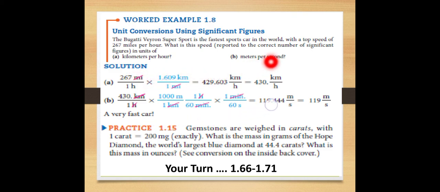We know that for meter per second, the second must be in the denominator. So we have to place it in the denominator to get the second in the denominator. So minute cancels, hour cancels, and kilometer cancels, and we get the unit meter per second. And again for calculating the significant figures in the answer, we have to look at the significant figures in the original number, and we have to look at the least significant figures basically. The least significant figures are 3, and our answer must be 119 meter per second.